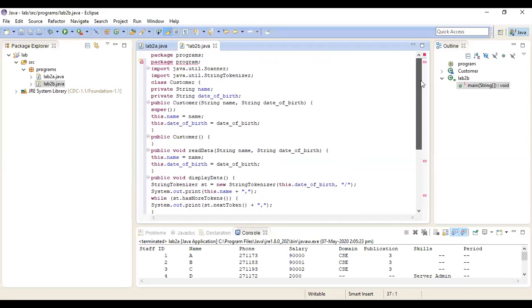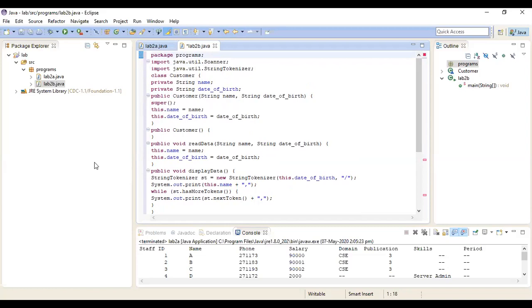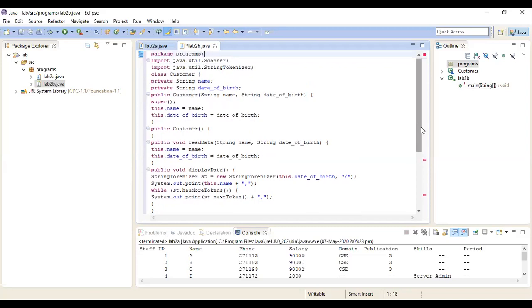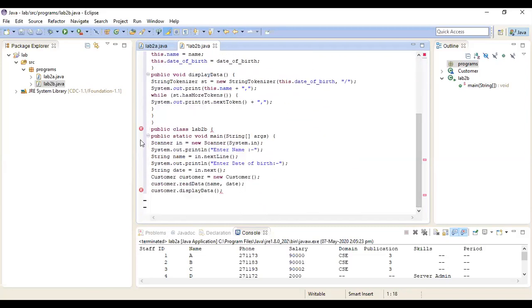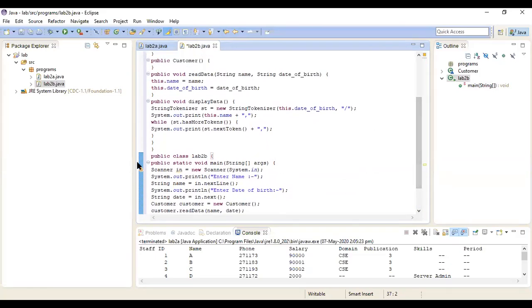There are a few errors. The package is programs, so we will delete it. The parentheses are missing, that's why there was an error. So now my program is error free.